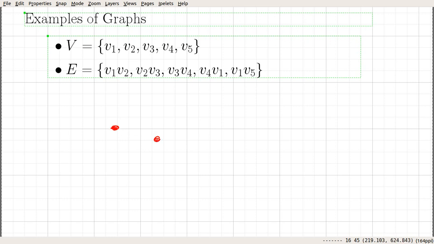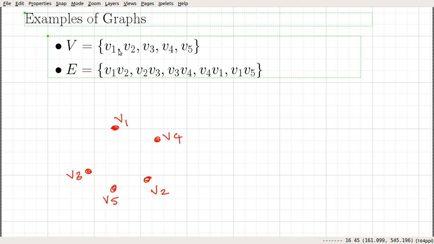Okay, so we have 5 dots here. Okay, so let me label those as v1 v2. The thing is that we can draw the graph in many different ways. Okay, this is one way of drawing the graph: v1, v2, v3, v4, v5.